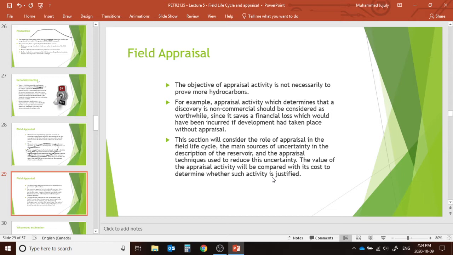So right after the exploration, you can directly start developing. If you think the development cost is cheaper, you don't need to do the appraisal at that point. When would that kind of situation arise, for instance,